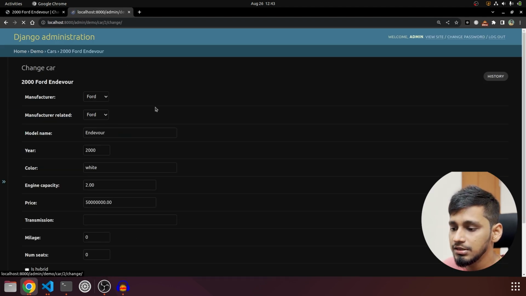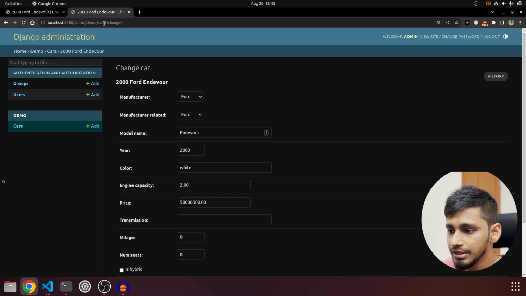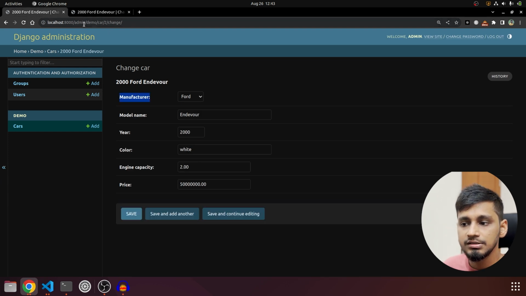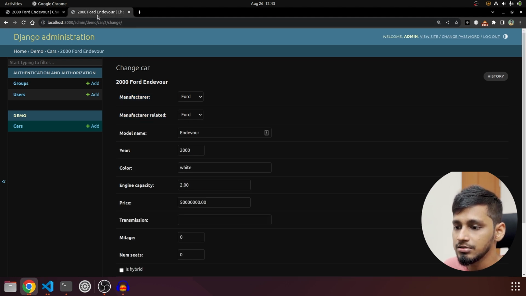Now if we open this, I think we have these two. Yes, both of them are the same. This is the old copy because I haven't refreshed this page. Only the model name is there, manufacturer is there, sorry, and over here manufacturer is there as well as manufacturer related, which is a foreign key, and this is just a char field or choices field.